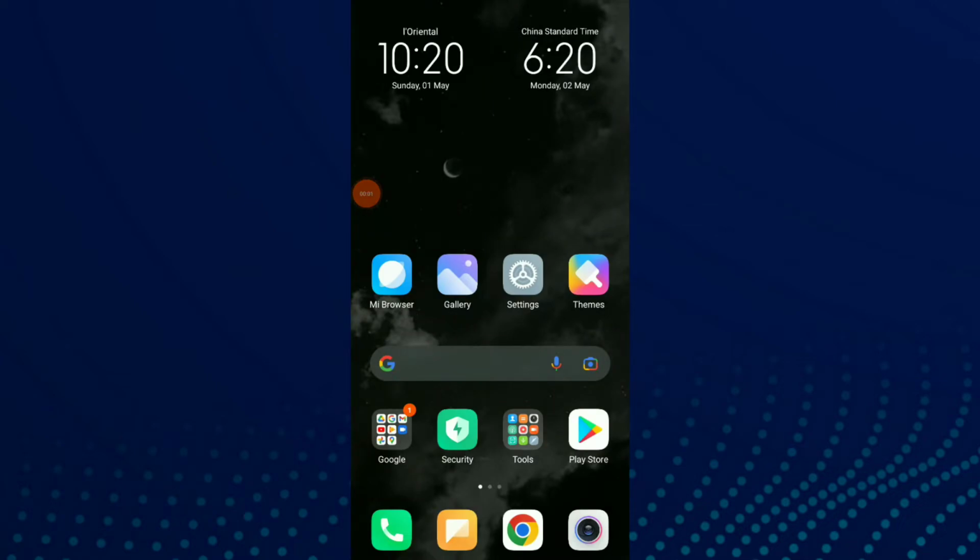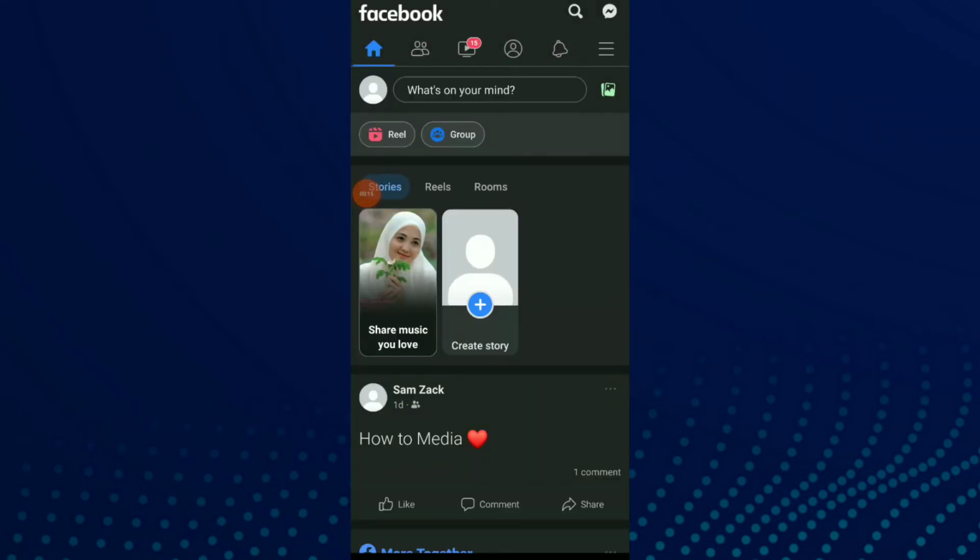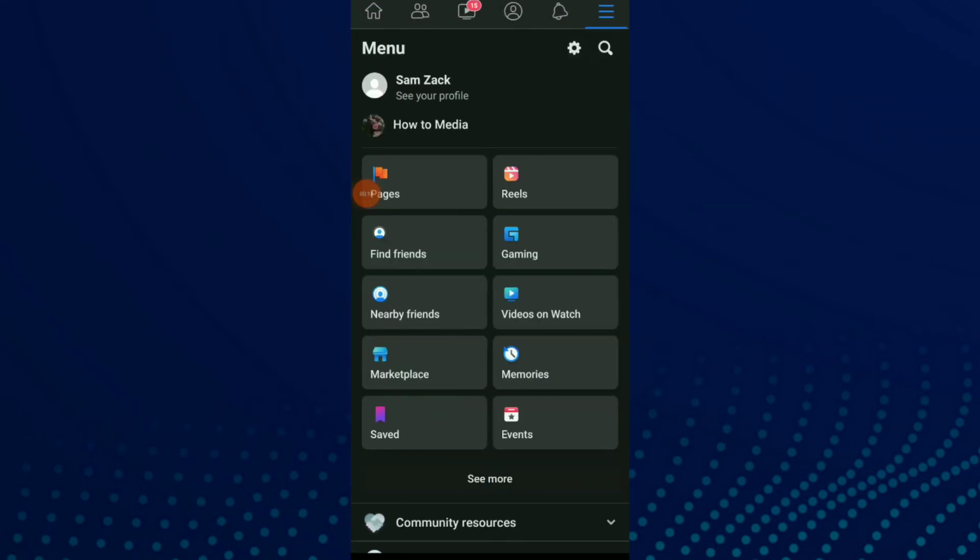How to control profanity filter on your page on Facebook app. Hi guys, in this video I will show you how to control profanity filter on your page on Facebook app easy and quick. First thing, go to your Facebook and here click on those three lines up there and click